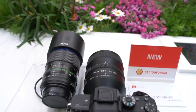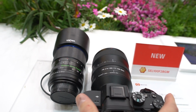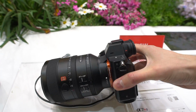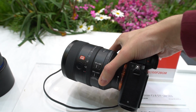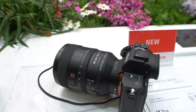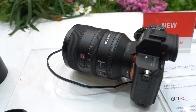So we're here at the CP Plus 2017 at the Sony booth, and in front of me is the new 100mm f2.8 STF lens. Or, excuse me, not a zoom, but an STF lens that is very similar to my Laowa 105mm f2. Now, what makes this lens unique is its autofocus, its apodization element, just like my Laowa, as well as